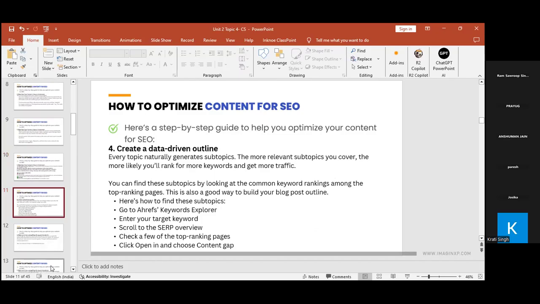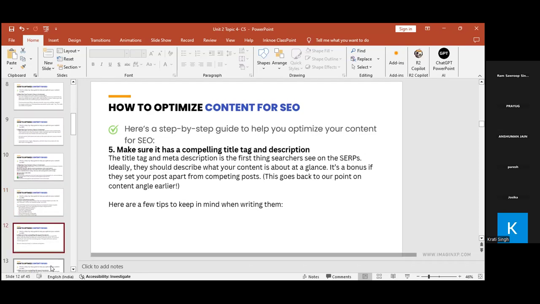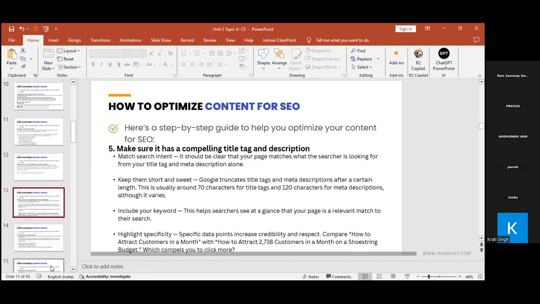Then data-driven outline: basically check the content gap or the keyword gap. Keyword gap means, like I said, check the competitors' keywords and see which keywords the competitor is ranking for but you are not. Try to use those keywords also. Make, obviously, a proper tagline, proper title,